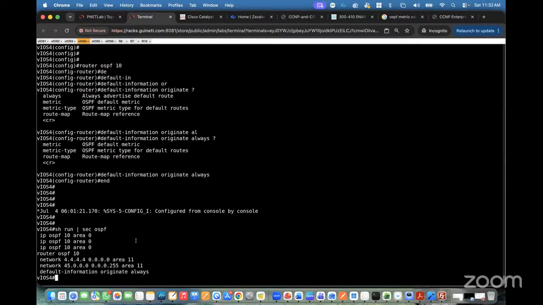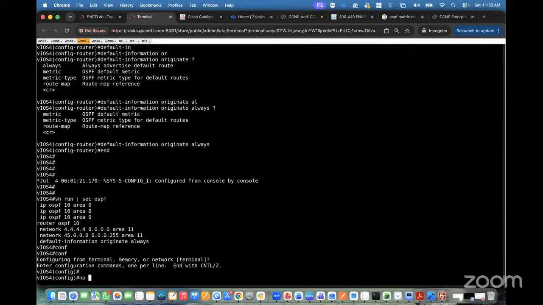But if I don't want to use the always keyword, I want to use only the default-information originate command. In that case, this default route will not by default be advertised. Let me show you. So if I go here,